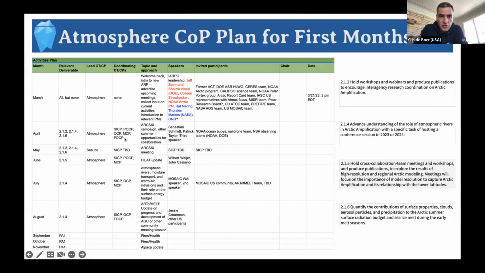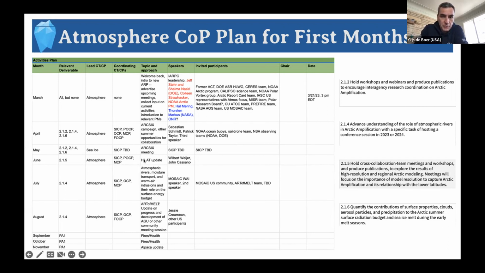Initially, we just heard a little bit about ARC-6, but we're planning to take a much deeper dive into ARC-6 in April, specifically supporting these 3 deliverables. You'll see on the right side there, I've actually included the text of those deliverables, and this gives you some idea and perspective on the level of detail that goes into these deliverables that are part of the implementation plan. So April, we're looking at ARC-6. May, we're also looking at ARC-6 in conjunction with the sea ice, looking at slightly different perspectives on that project, but keeping a theme going for a couple months.